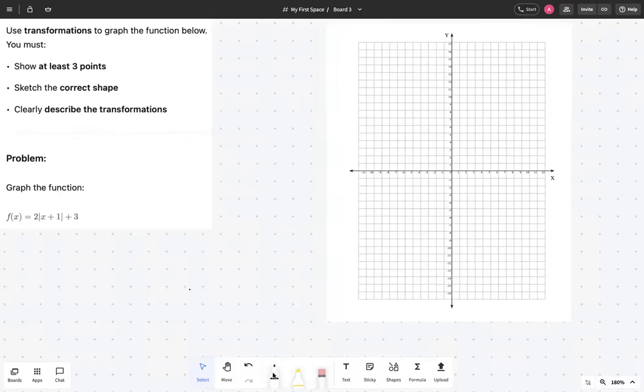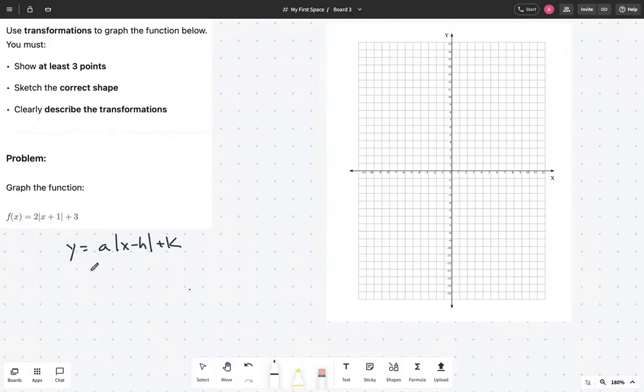Hello. In this video, we are going to go over how to graph an absolute value function using just its transformations. Okay, so the first thing we need to remember is that y is equal to a times the absolute value of x minus h,